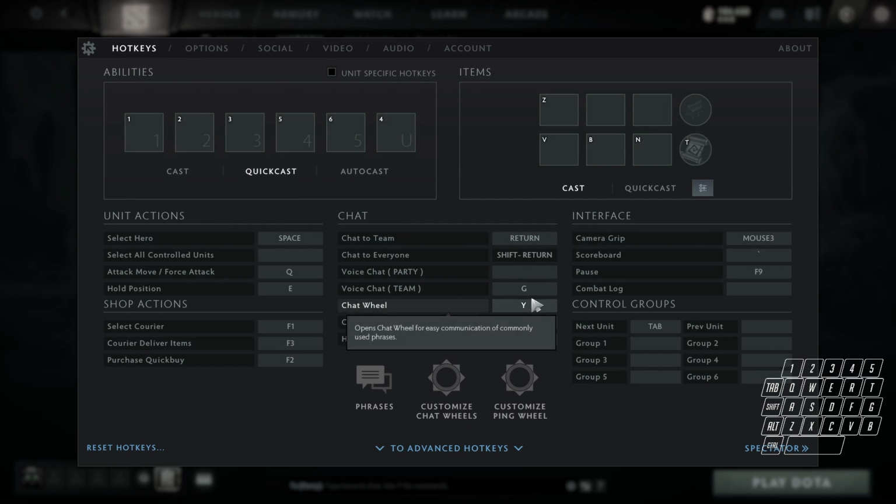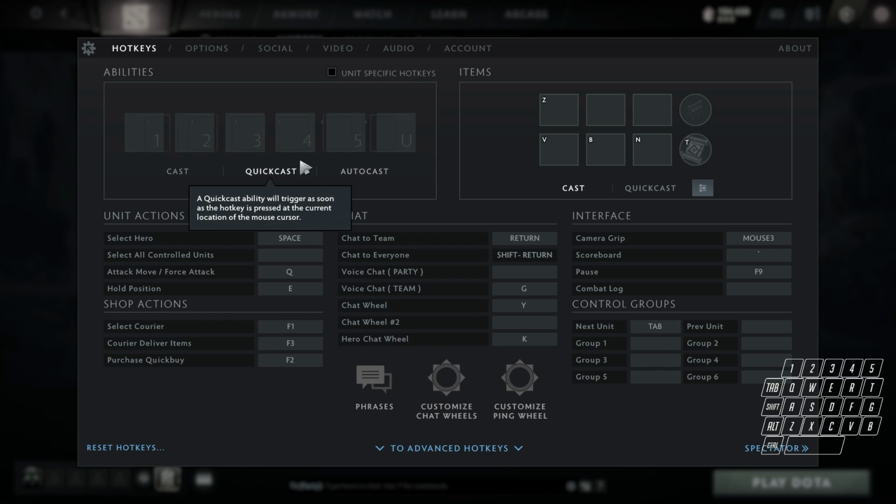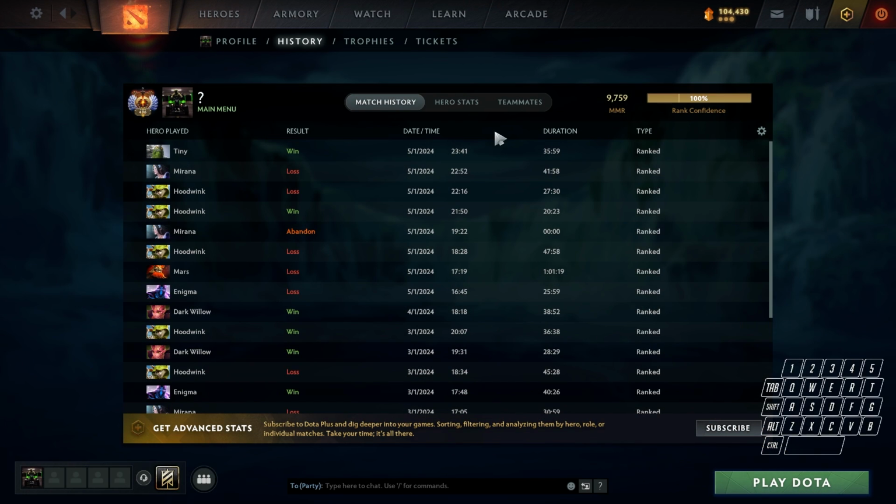Of course, you can always go back and check it out again, but this is basically my classic setup. I'm using all the same hotkeys for each hero. I'm using quick cast for each hero. I'm playing with WASD. Some items have quick cast, some items don't. Very important, TP never on quick cast, it's horrible. And other than that, yeah, I think that's it, ladies and gentlemen.